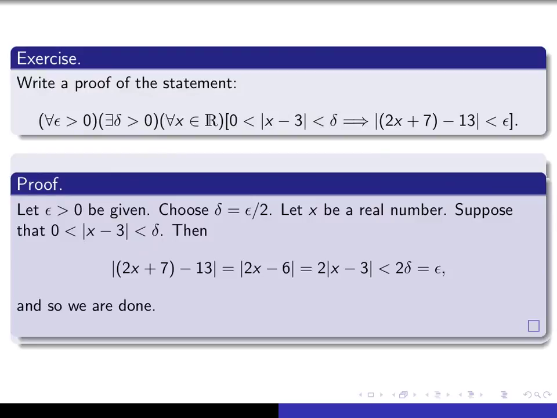Notice that I'm allowing myself to use simple math notation in my proof. I'm not writing everything in words. Now, I have to prove that this happens. So I put then. And now notice, I'm not going to write this, but rather I'm going to deduce it. I'm only going to write things I know to be true. I start on the left side and I write this. And that really is equal to this, if you just collect the 7 and the minus 13. And that really is equal to this, if you factor out the 2. But we've said that x minus 3 is smaller than delta, so that's really smaller than 2 delta,